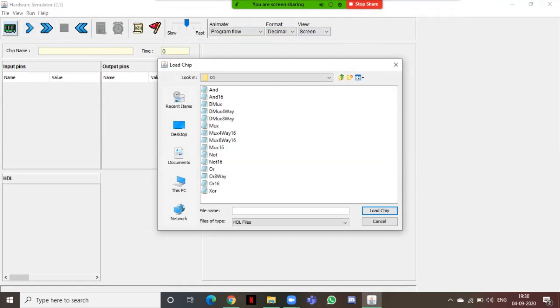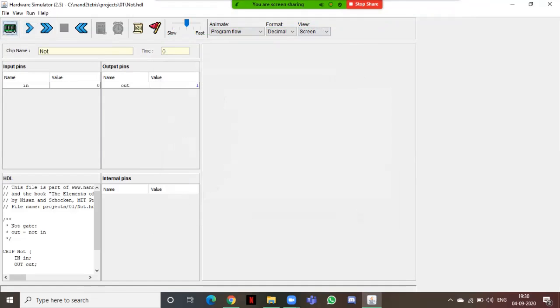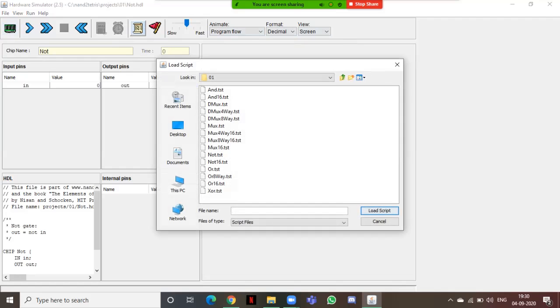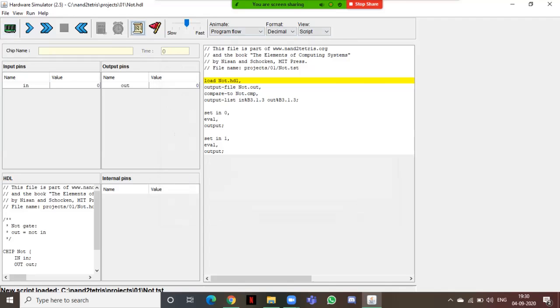First, I'll be loading my chip. Let's take the NOT gate first. Loading the chip. View the screen. I load my script from here, Not.tst. Here we'll be loading our script.